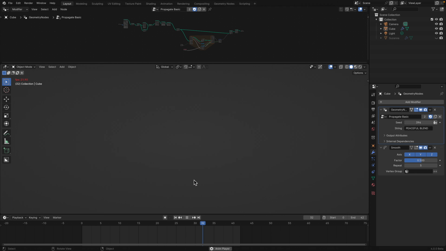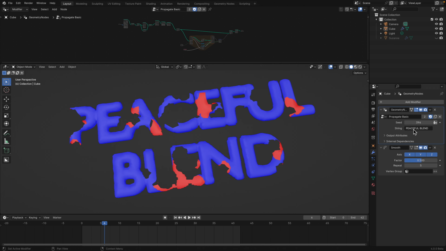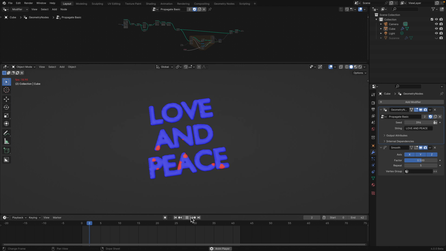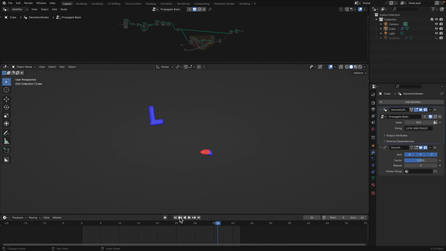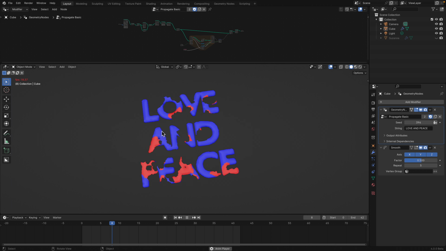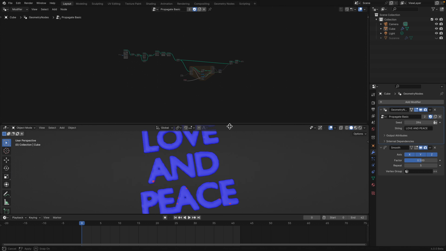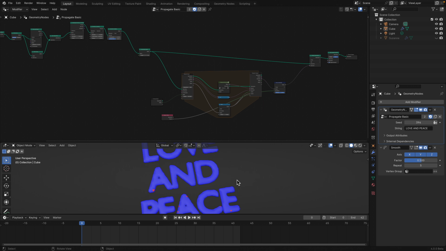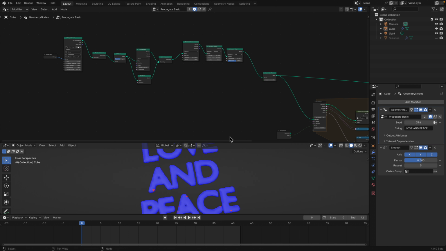In this case, I use 3D text inside geometry nodes, and at any time we can change this wording, like love and peace, for example, and then everything will still work. Oh, okay, that L is still there. That's kind of interesting, but anyway, we're gonna get inside and see some of the logic and whether we can improve this. So first of all,